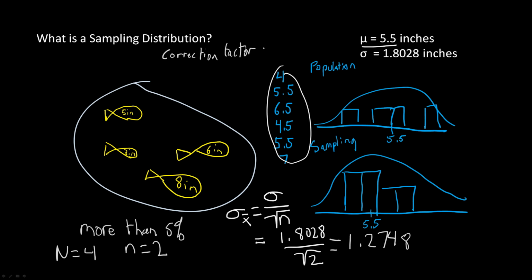The correction factor is equal to the square root of the population size subtracted by the sample size over the population size subtracted by 1, and everything is square rooted. So now we can multiply our standard deviation here by the correction factor. For that, we know that our population is 4 subtracted by the sample size of 2 over 4 subtracted by 1. And if we put this into our calculator, we can see that our standard deviation for the sampling distribution right here should be